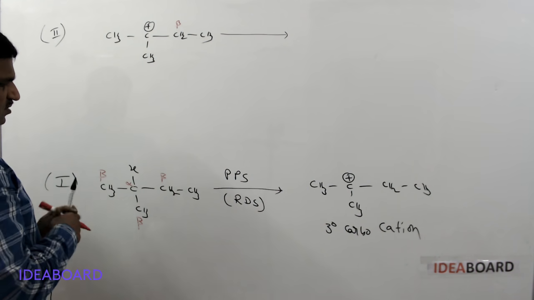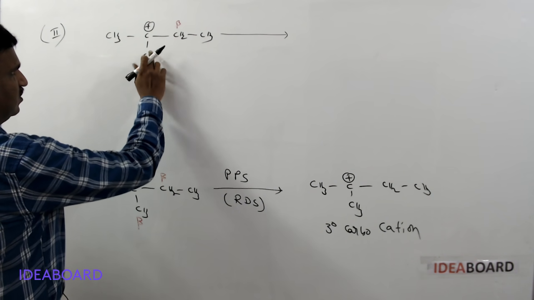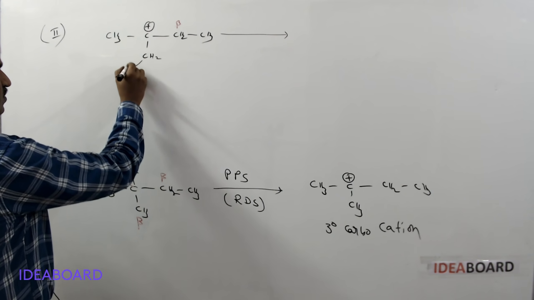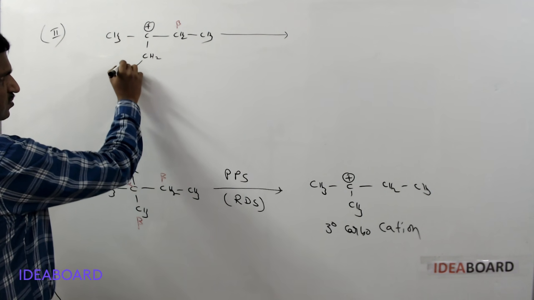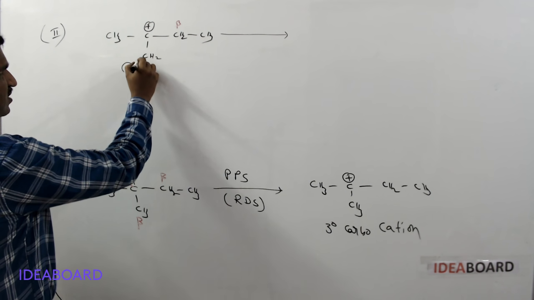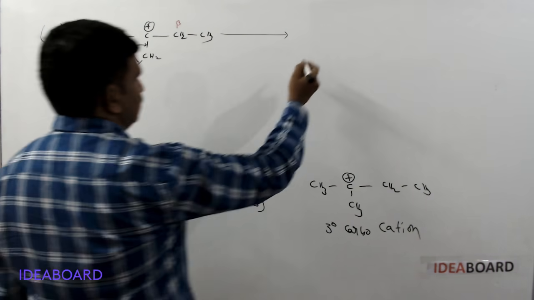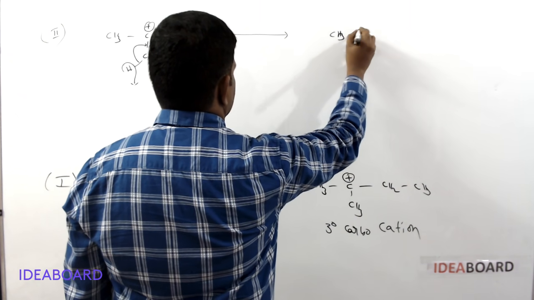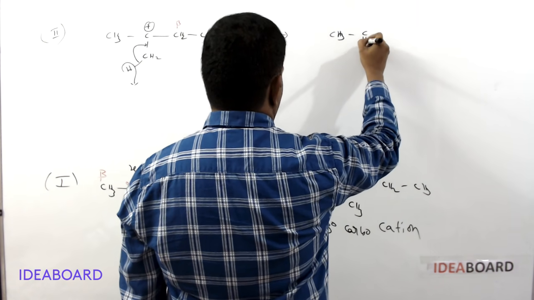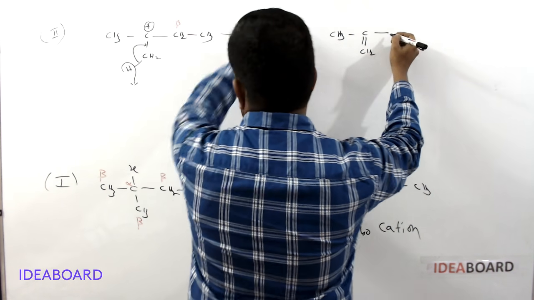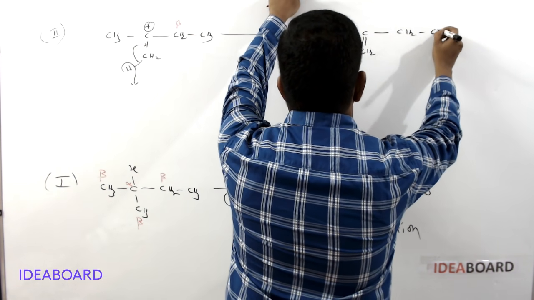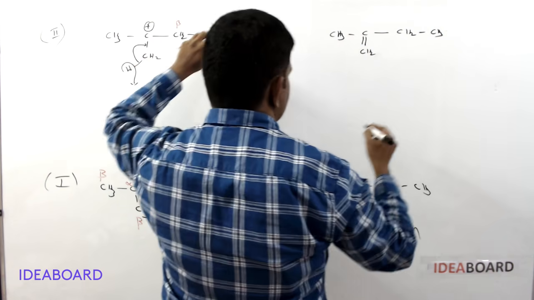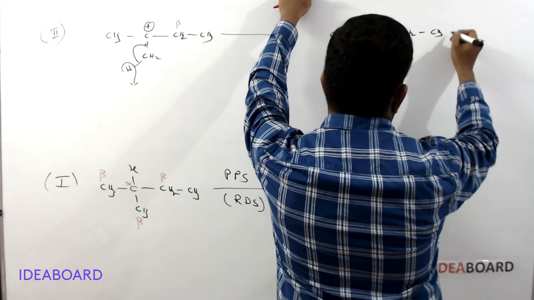From this or from this, if you remove the hydrogen, suppose I have a CH2 and one hydrogen separately, and I am removing this hydrogen, suppose I am eliminating this hydrogen, then this electron pair will shift onto this carbon. So what is formed here? CH3, C double bond CH2, and CH2CH3. Now this one and this one are both the same, so I am writing another product.